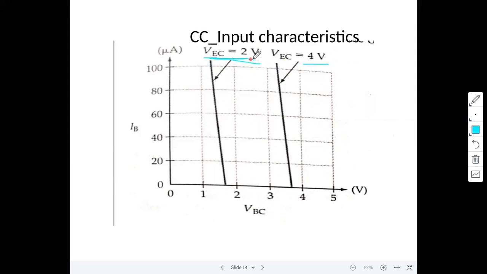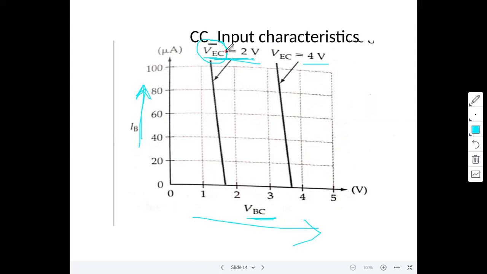What are the input characteristics? Input current versus input voltage. What is input voltage? Base to collector voltage. What is input current? IB current. What is output voltage? VEC. As VEC changes,